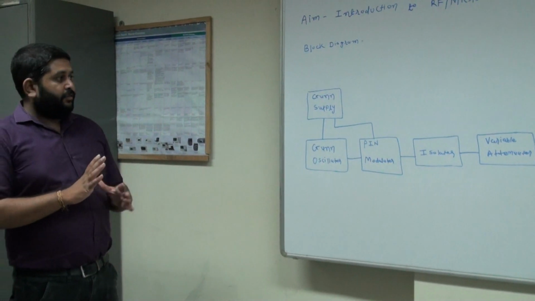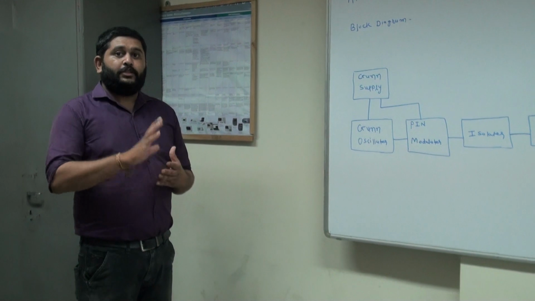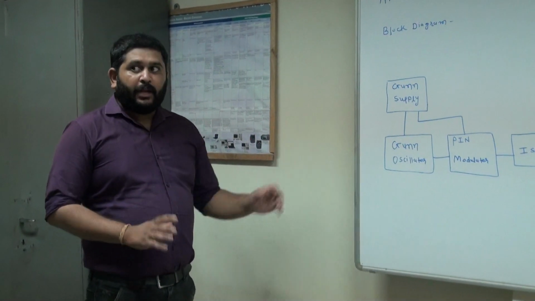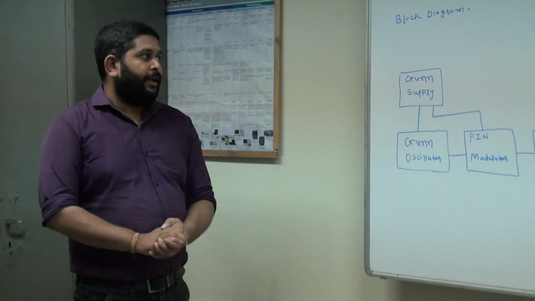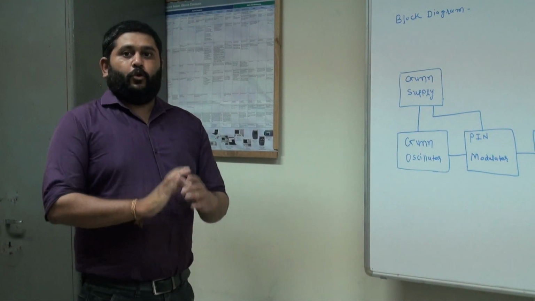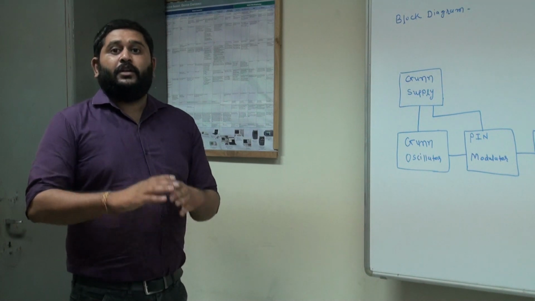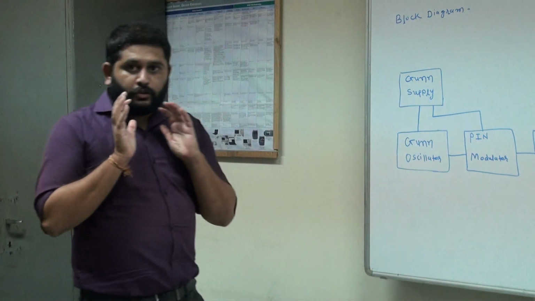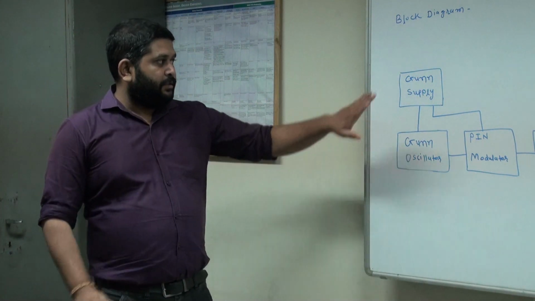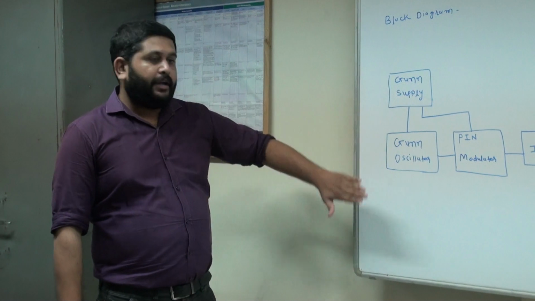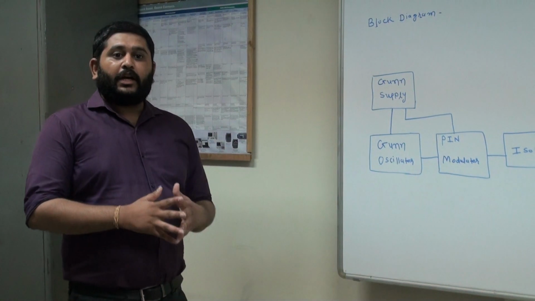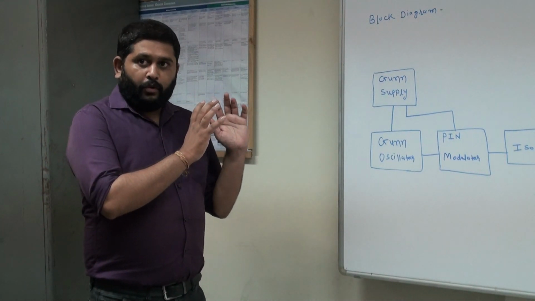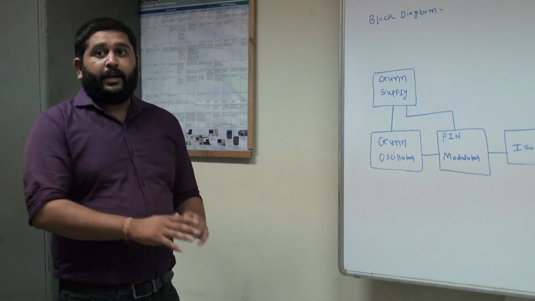So here we have differentiated our microwave test bench by using two different power supplies. One is the gunn power supply and another is the klystron power supply. The gunn power supply is low DC voltage and the klystron power supply is high DC voltage. The gunn power supply consists of two parts: gunn supply and gunn oscillator. Similarly, the klystron power supply consists of the klystron power supply and klystron oscillator.